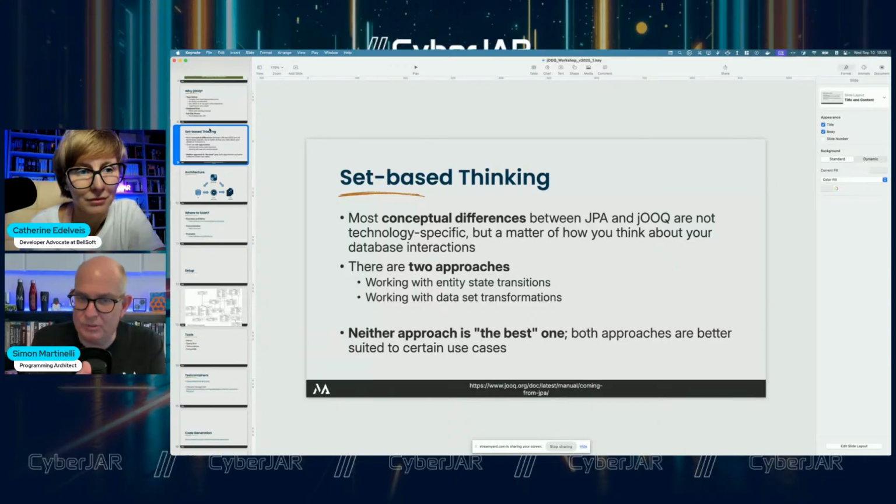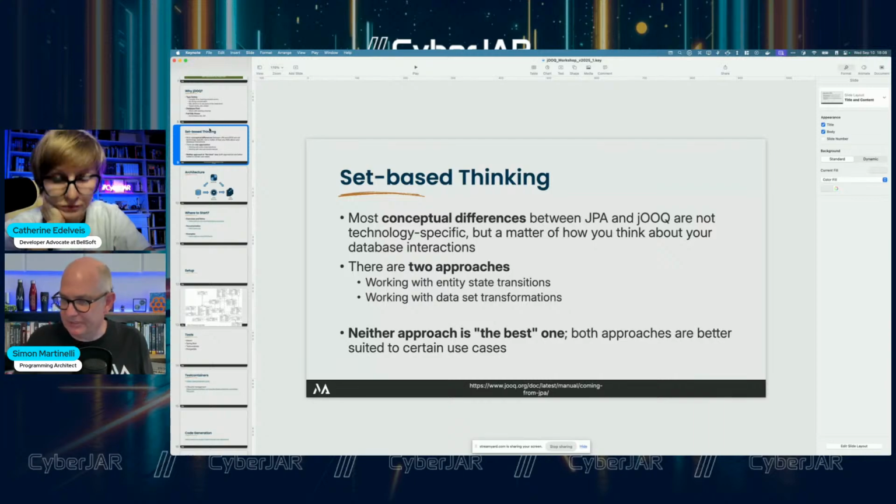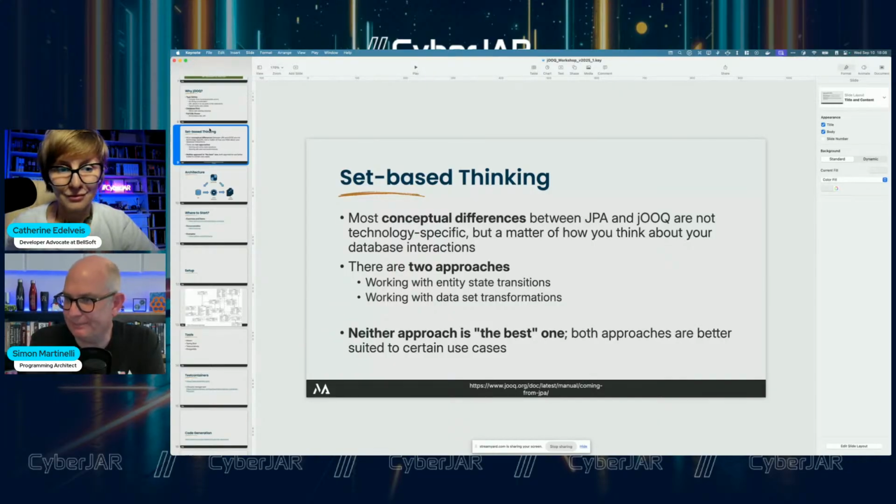But you can also do domain-driven design with jOOQ. You don't need Hibernate to do domain-driven design, by the way, because there you may have entities, but these entities just result in the call of a repository in the end, and this could be done with jOOQ. But I would do it the other way around. If I have a SQL database, I always use jOOQ by default. And if I see an advantage in using JPA, I could add JPA. But my default is jOOQ and not JPA. I see.